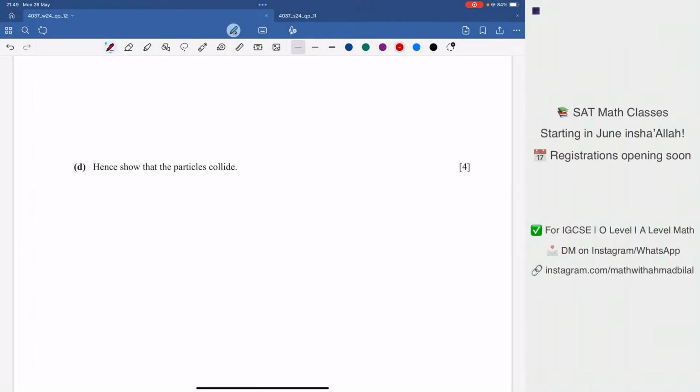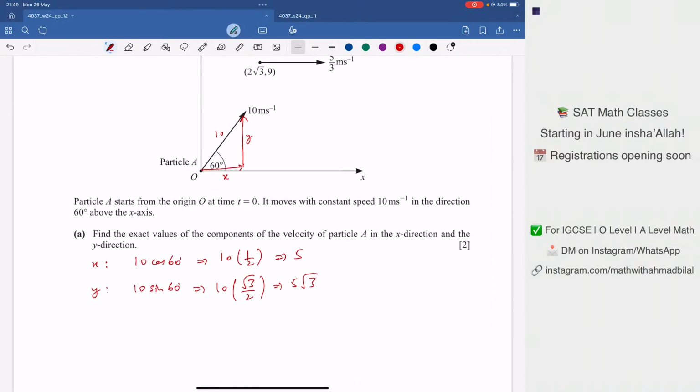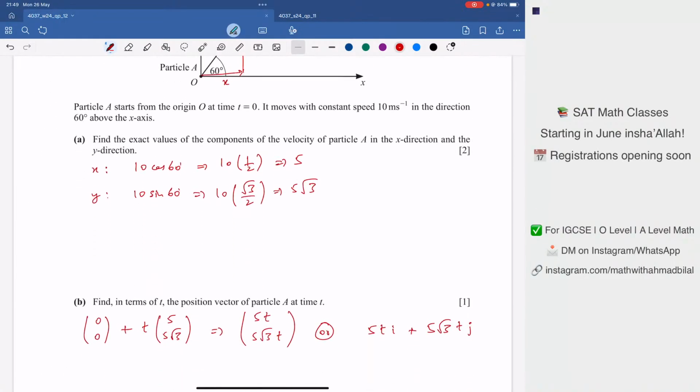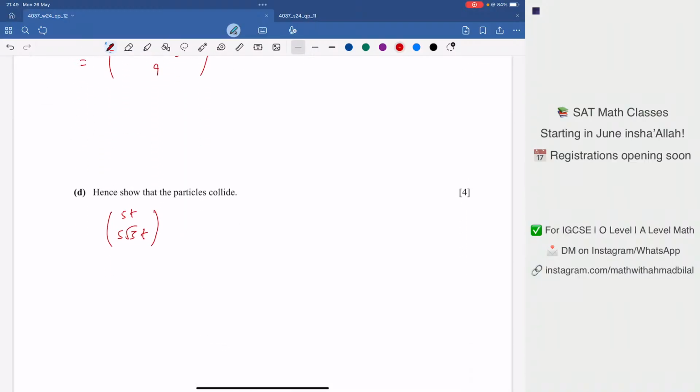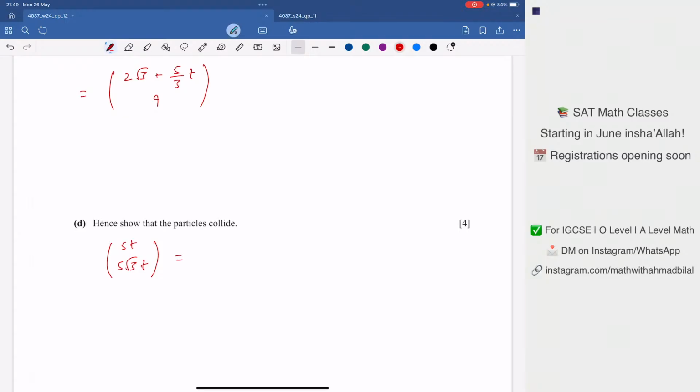If the particles collide, their position vector at some point will become equal to each other, right? Now, what are the position vectors that we've got? We found the position vector for both of them. For the first one, it was 5t and 5 under root 3t. That's the position vector of the particle A, the first particle. And the other particle, its position vector is 2 under root 3 plus 5/3 times t